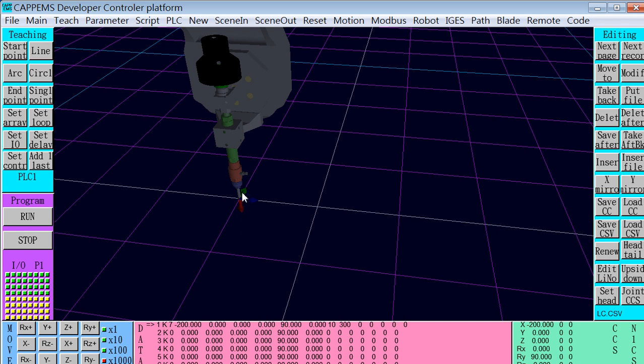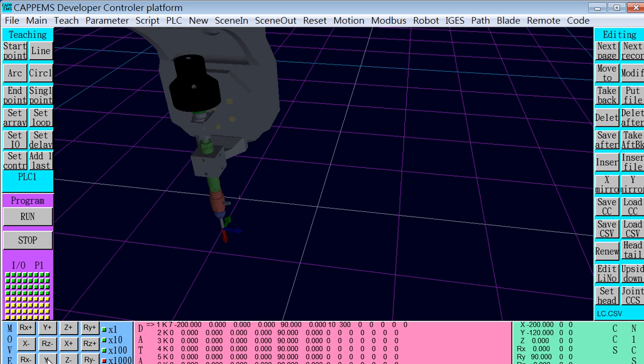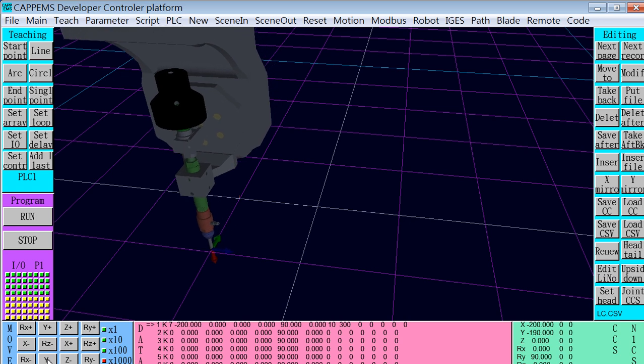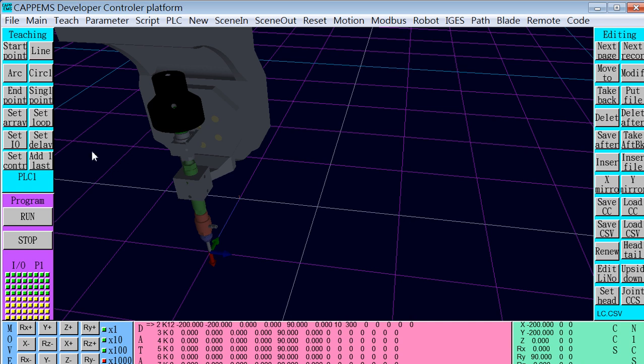And then suppose Y minus going. The client moves simultaneously to Y equal to minus 200 as well. Suppose at the end of teaching, press end point, K12 minus 200 minus 200. Whenever there is data in the data field,